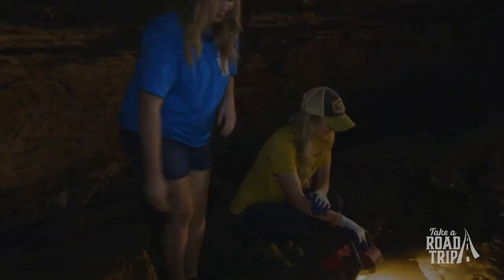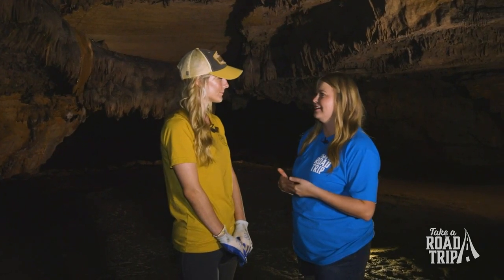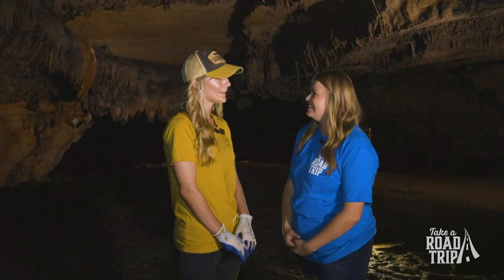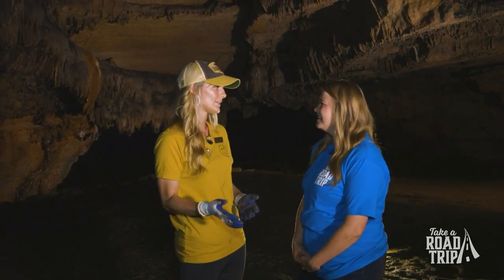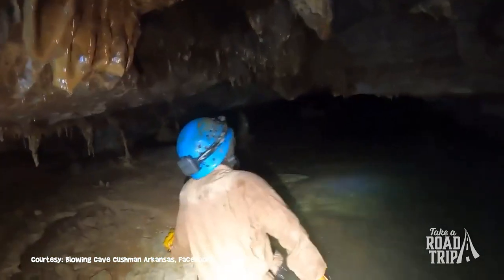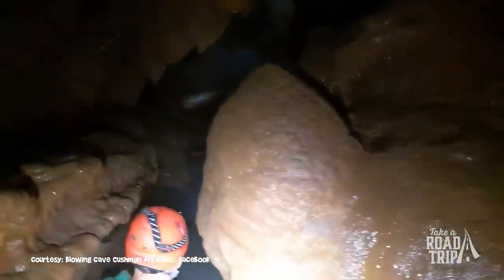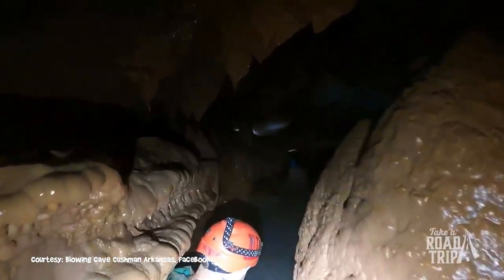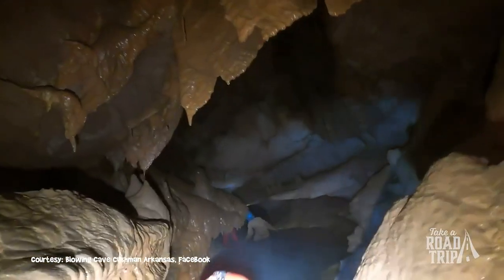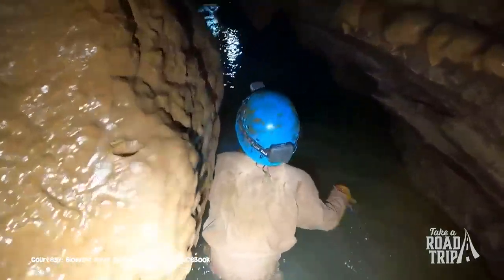Very cool. What do you hope to continue seeing for Blowing Cave in the next 5-10 years? I'd love to continue to see the public that is now coming to the cave, and the locals who have always been here continue to help restore and protect the cave, and leave it better than they found it, preserving it for future generations. Because we're in the presence of something that was here before our names were called into existence, and it'll be here long after we're gone, and I think that's very